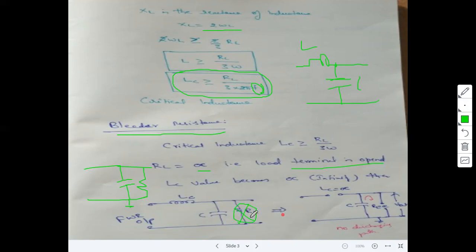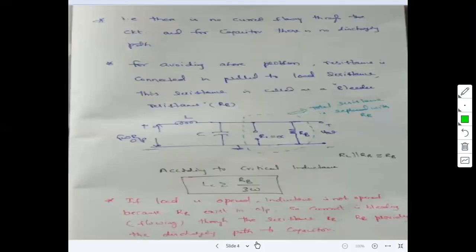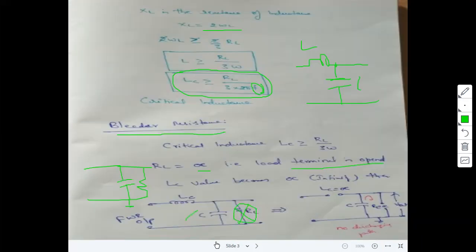Now in this case, the capacitor is charged to Vm value. Now there is no path to discharge the capacitor, right? Observe here: the circuit has L infinity and the load also infinity, but the capacitor is already charged to Vm value. There is no path for the capacitor to discharge. Why? Because the load is disconnected.